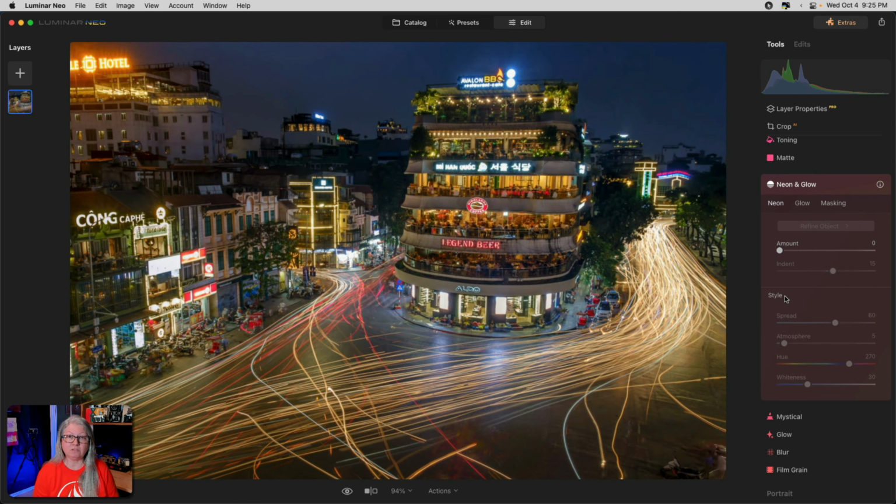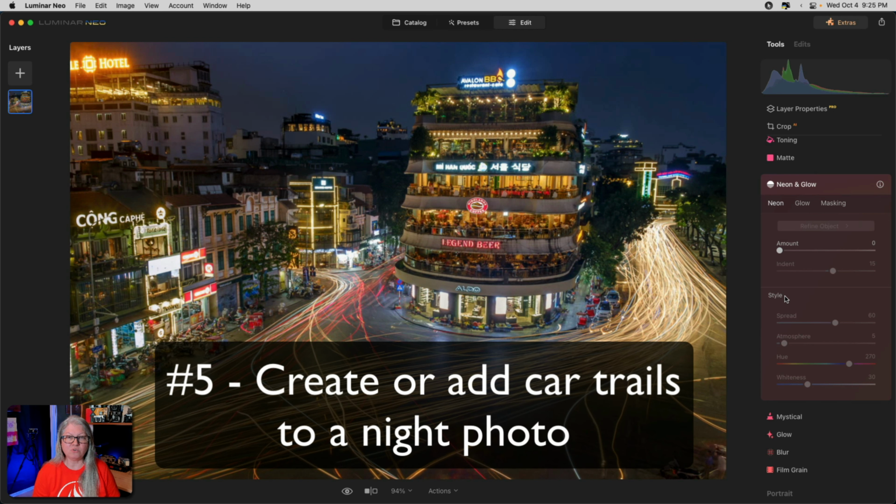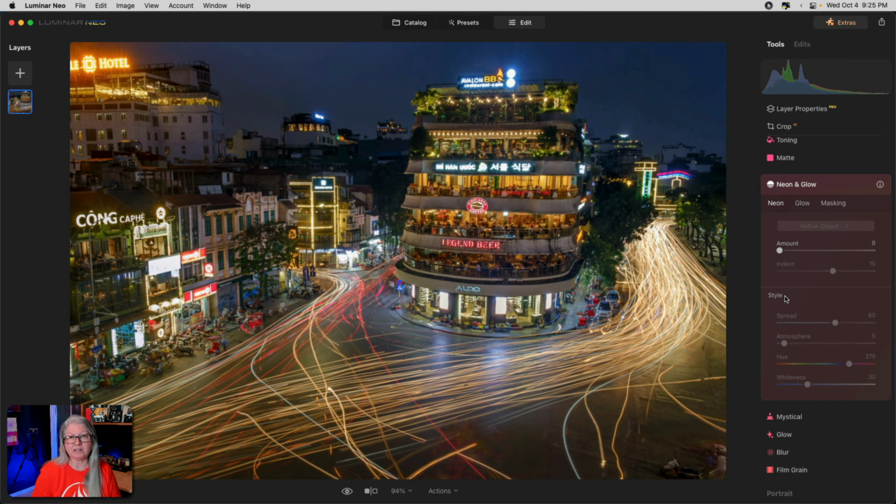You've already seen how to turn on car headlights and add beams of light. Now, in tip number 5, let's take a look at how to add car trails into a night image, such as this one. These kinds of images are created using long exposures or taking multiple exposures and layering them together. But what if you don't get enough car trails or you don't get enough of the right color? I would like to add more red taillight streaks to this image, so I'm going to use Neon and Glow